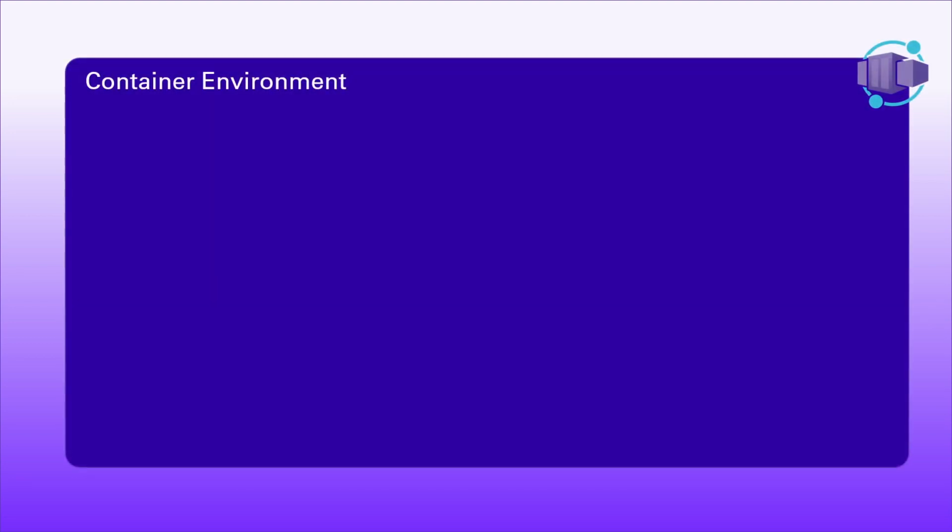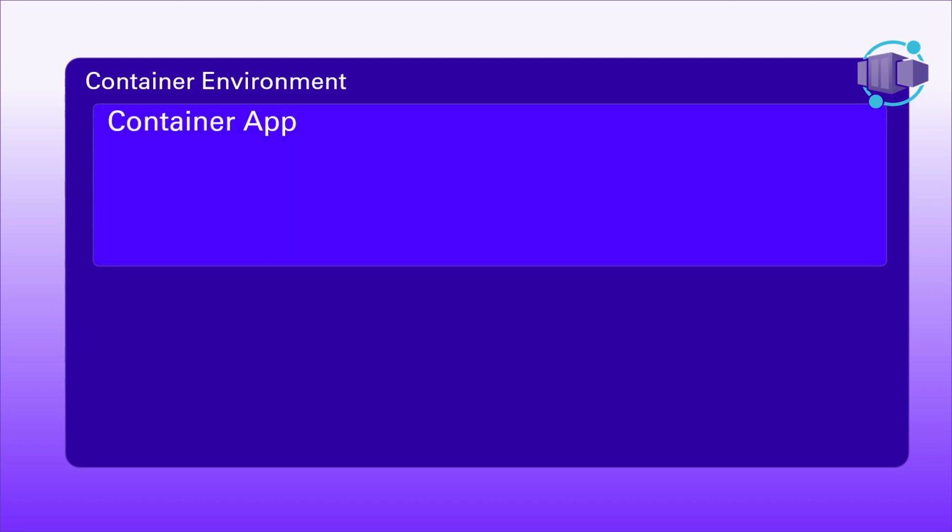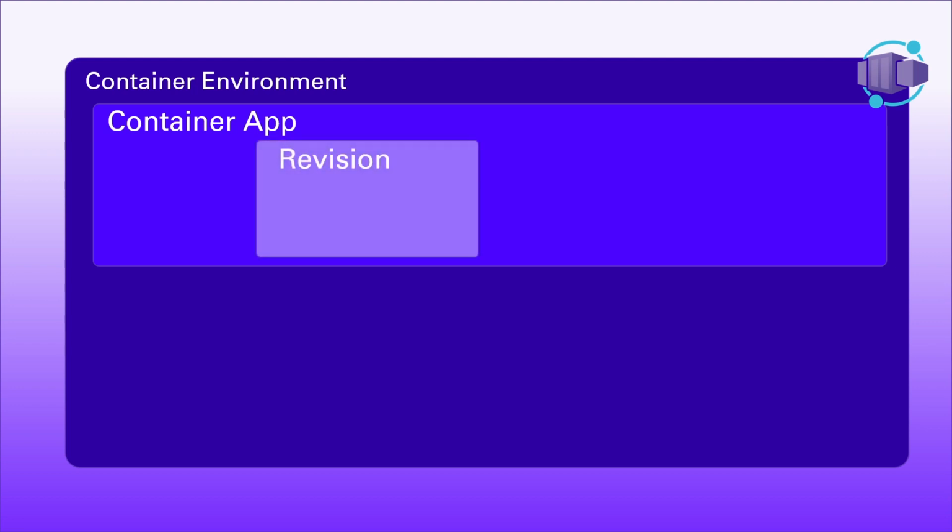Out of the box, you set up a container environment inside of Azure, which is essentially exactly as it says. It's a containing box around all of your containers. So within that container environment, you set up container applications. And within those container applications, you set up revisions. These are immutable versions of your application. So you can have multiple revisions running at the same time, which is nice. And you can load balance across these revisions so you can see the effect of certain things that you've done